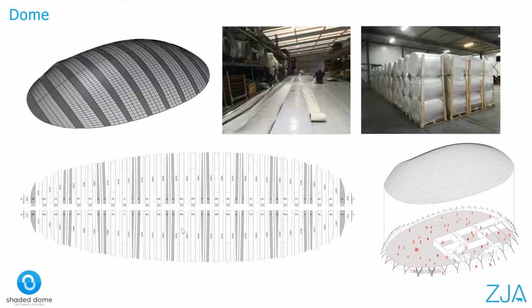So once we are happy with the design, the next step is the production. Let's follow the same sequence which we already discussed for the shade dome. So first comes the dome. It is made up of 3 layers. There is an interior fabric layer followed by an insulation layer with R values of 1.6, and finally the